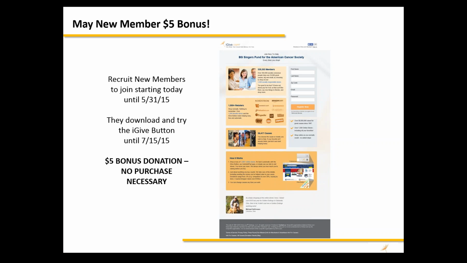Absolutely. Or email, or Facebook, or Twitter. Tweet. Or use Twitter. So it is absolutely that easy. No purchase necessary. Really, it's free money. If the person who joins shops, then you earn even more money, but simply by signing up for iGive and trying the iGive button. Now, we all know that we want people to support our own favorite cause, and that's